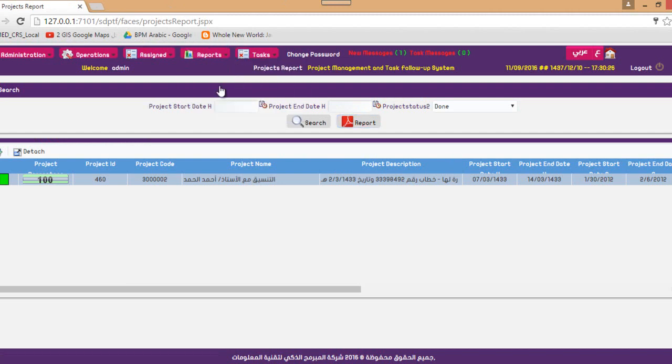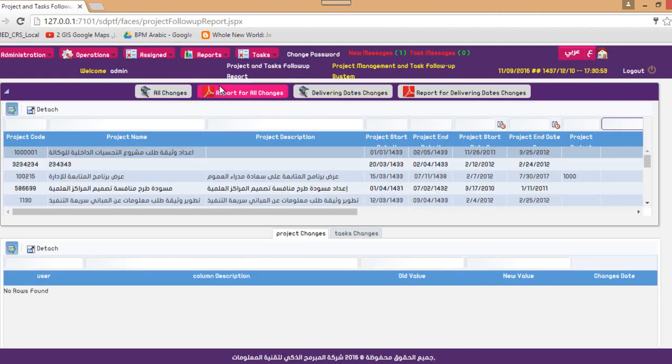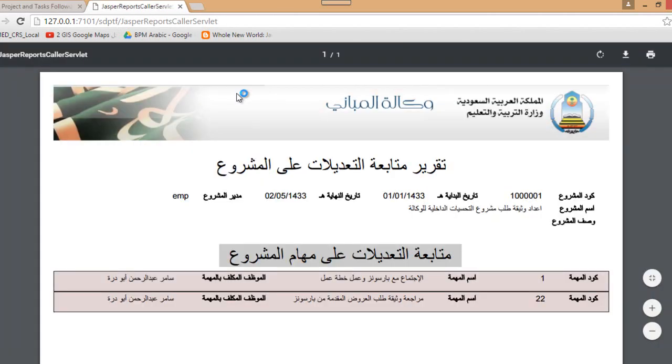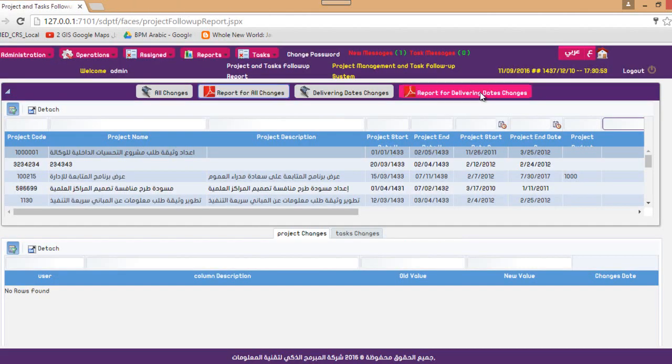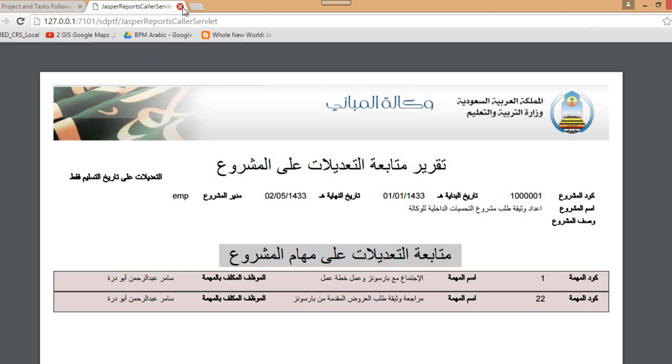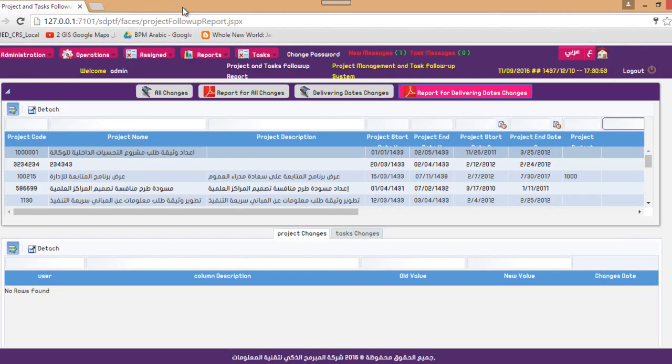There is also a project and tasks follow-up report. If I need a report for all changes, any field that changed in the project, we're going to list it here. And also there is a report for delivery dates changes. If the date itself for the end date changes, then we're going to show it in a special report,